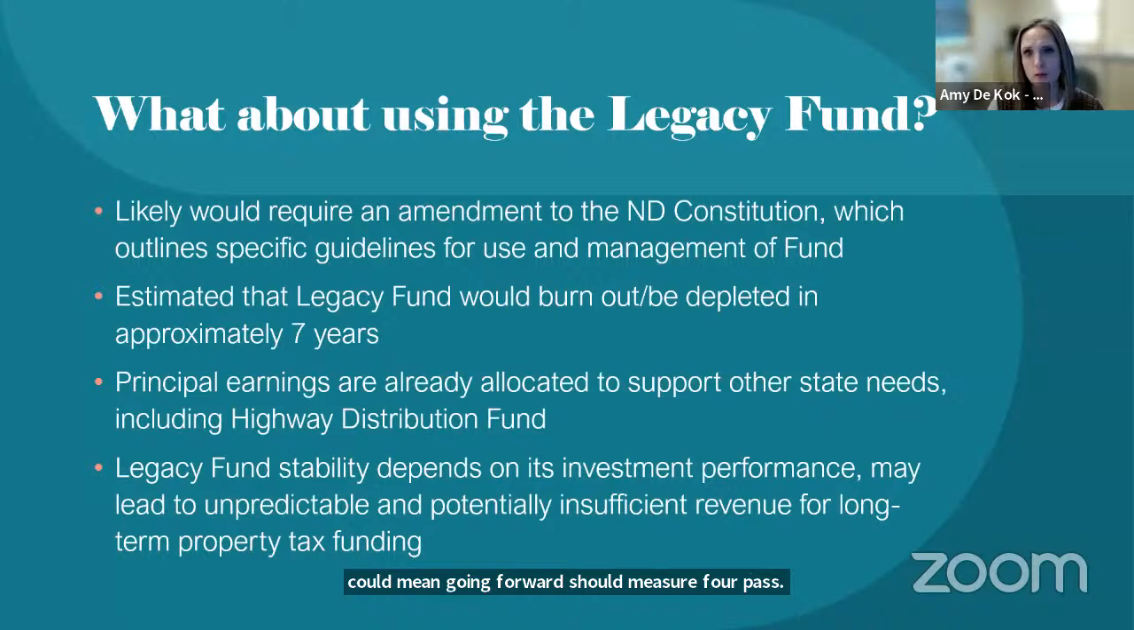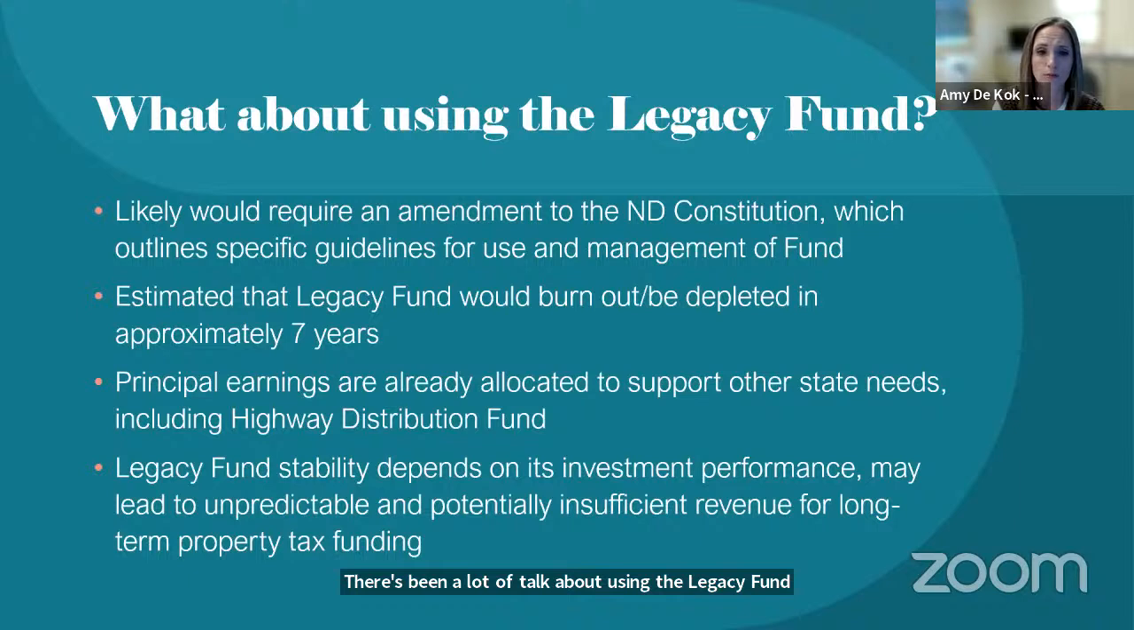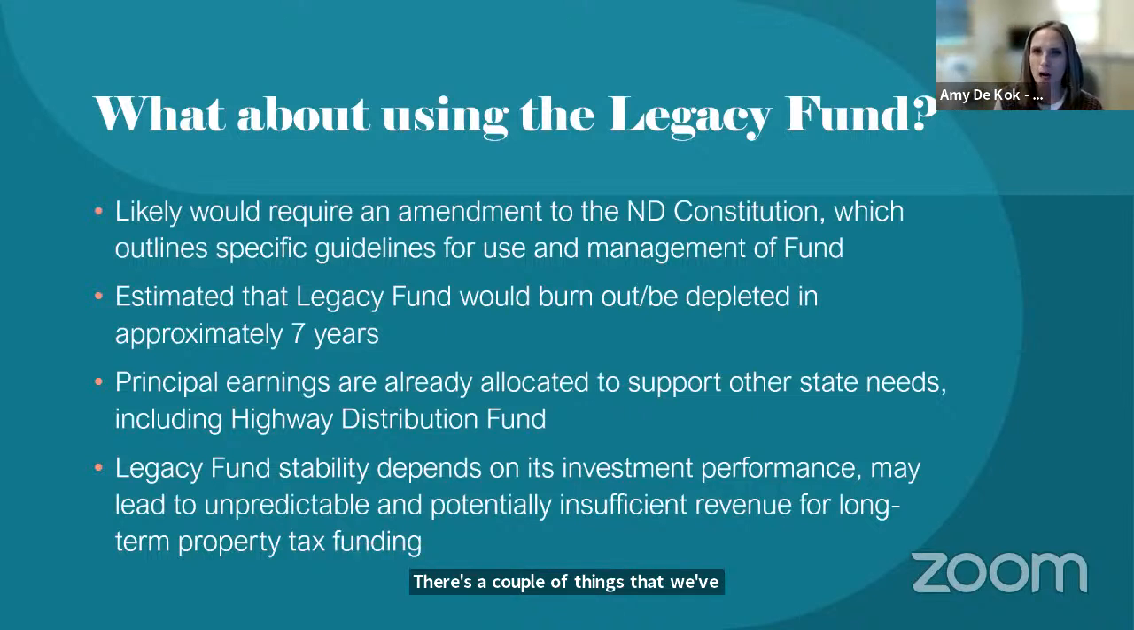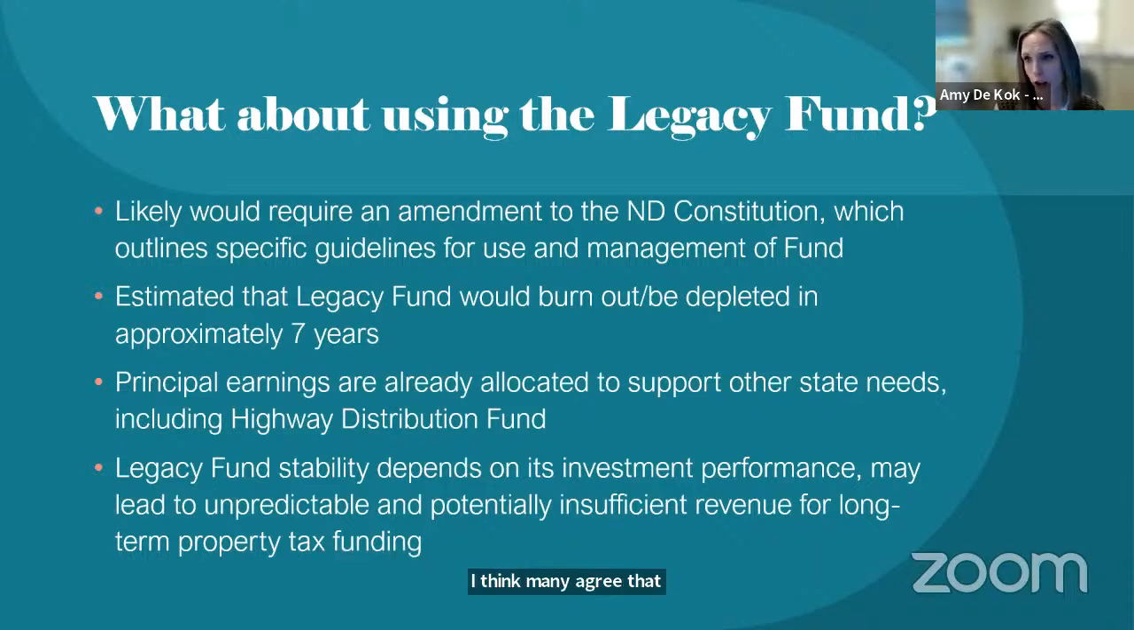So in terms of the source of these replacement payments that the state would be required to make should Measure 4 pass, there's been a lot of talk about using the legacy fund to make up those revenue payments generated by property tax levies. There are a couple of things we've heard about why that option may not be as easy as some folks think. I think many agree that using the legacy fund long term to replace property tax revenue